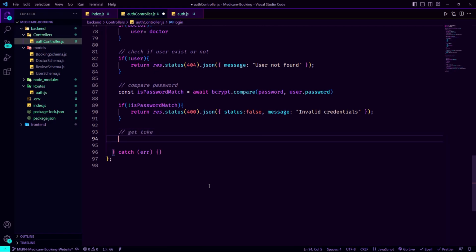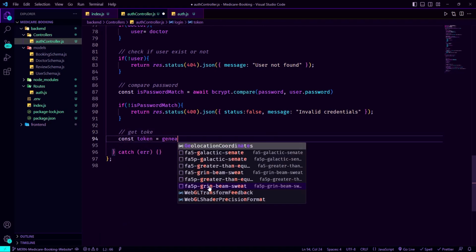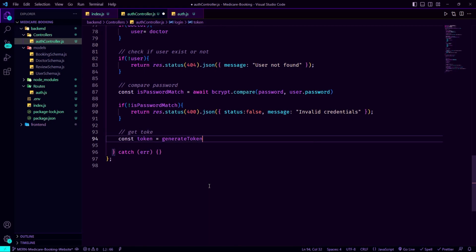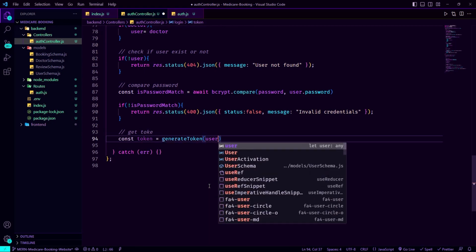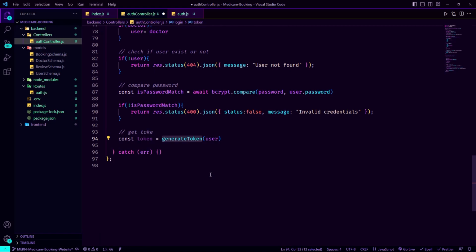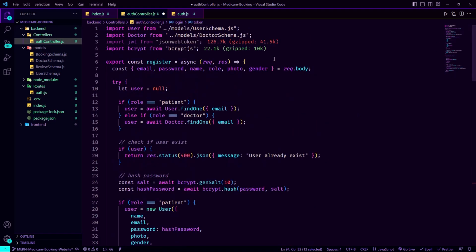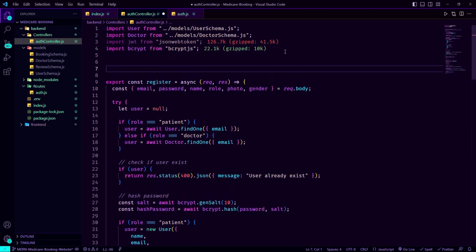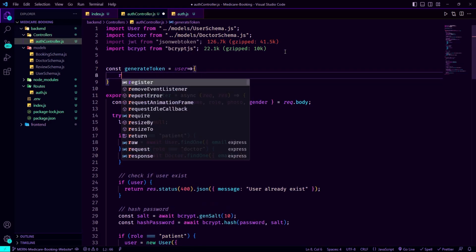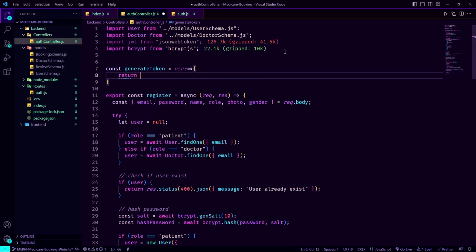So let's say const token, and we will call a generateToken function. We did not create the generateToken yet. Let's create it. So const generateToken that will receive user as a parameter and simply return